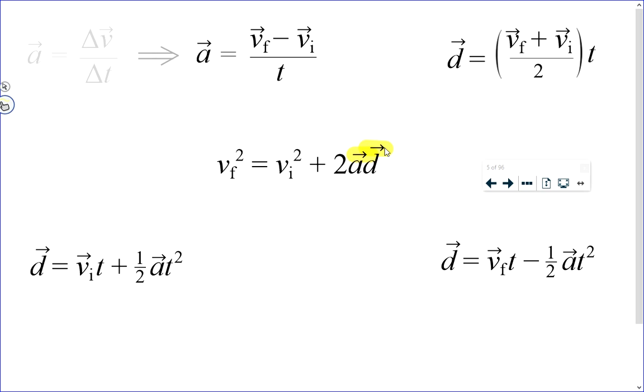And I don't know why Alberta Ed has decided to do that, but it's wrong. Okay, it's wrong. I know it's wrong because there are situations where you can use that formula, and if you don't take into account the vector nature of acceleration and the vector nature of displacement in that calculation, you will get the wrong answer. So you need to make sure that you put vector symbols above those,